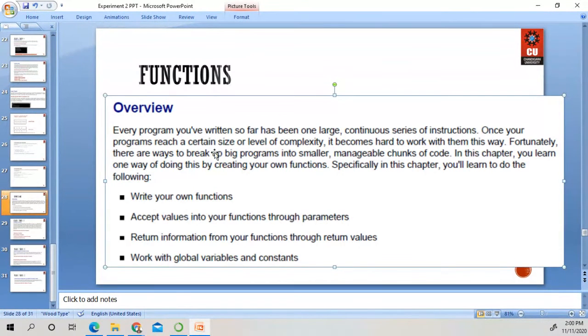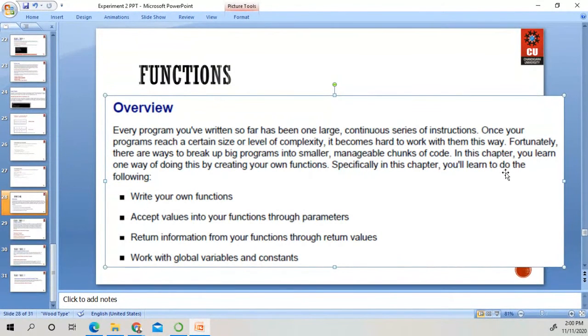Fortunately, there are ways to break up big programs into smaller, manageable chunks of code. So we have to convert a large program into smaller, manageable chunks of code. Manageable means you can easily identify the errors. In this chapter you learn one way of doing this by creating your own functions.